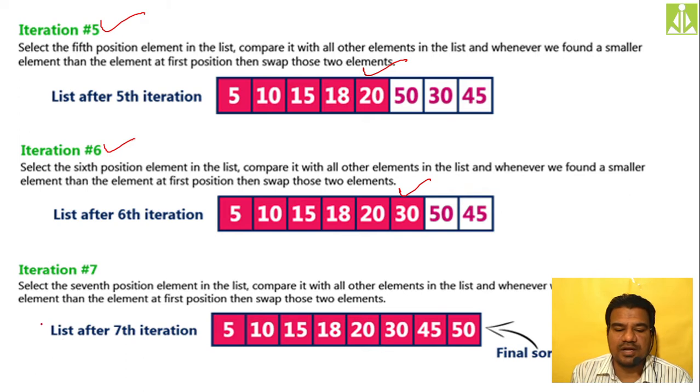And in the seventh iteration, what will happen? The last one, I mean, we should not say last, 45 will come into its right position, and 50 automatically, if there is only one element, there is no point in doing the comparison and sorting or swapping it. So ultimately, what will happen? The final sorted list after the seventh iteration, because how many elements do we have here? 8. So we said n minus 1 iterations. After n minus 1 iterations, you will get the sorted list.